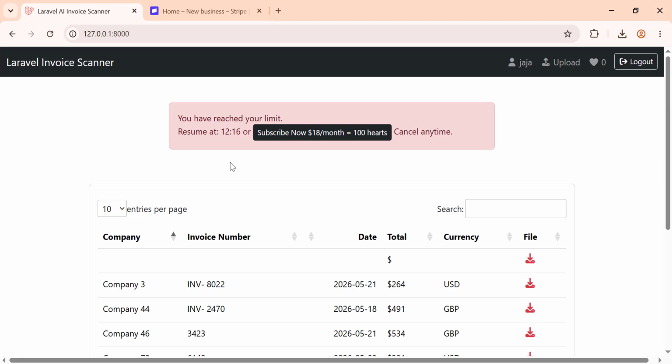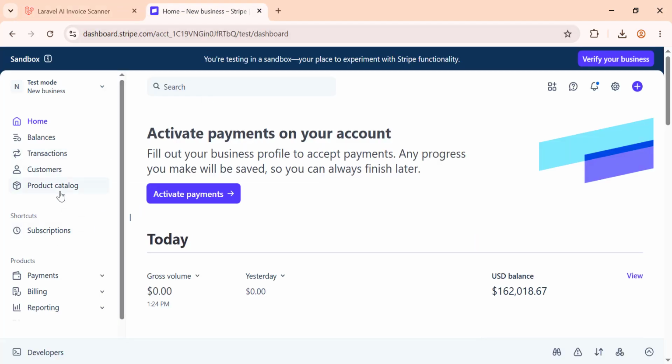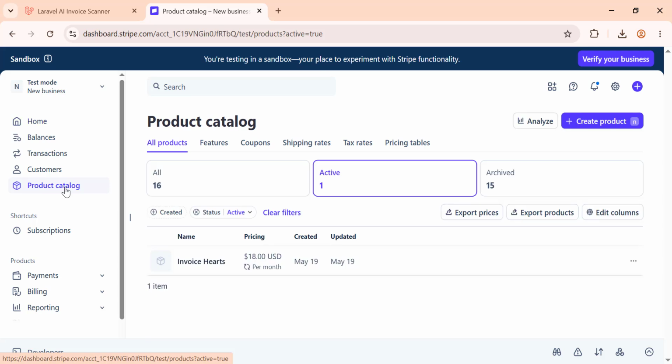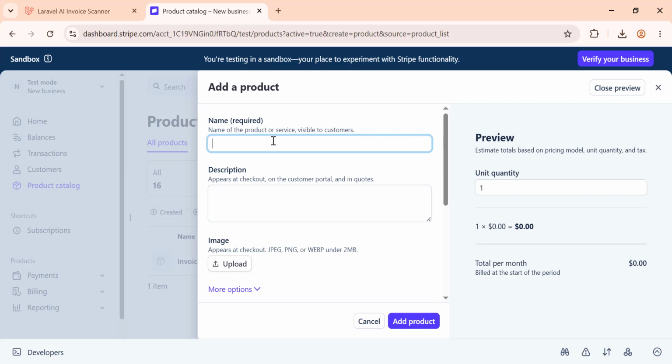And to subscribe to our plan that we have defined here, which is $18 per month for 100 hearts, we need to add the plan inside our Stripe products catalog. Here we need to click on the products catalog and we create a product. We give it a name, for example, Invoice hearts,